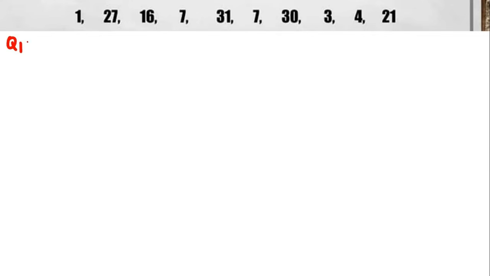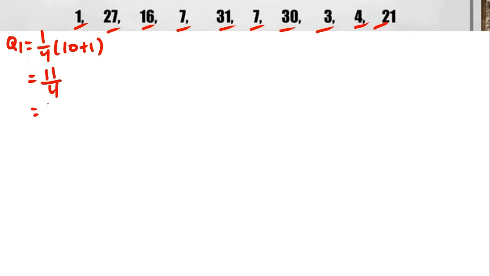So, Q1, so what is the formula for Q1? Okay, very good. We have 1 over 4 times n plus 1. 1, 2, 3, 4, 6, 7, 8, 9, 10. So we have 10 plus 1. So 10 plus 1 is 11. 11 over 4. On your calculator, 11 divided by 4 is